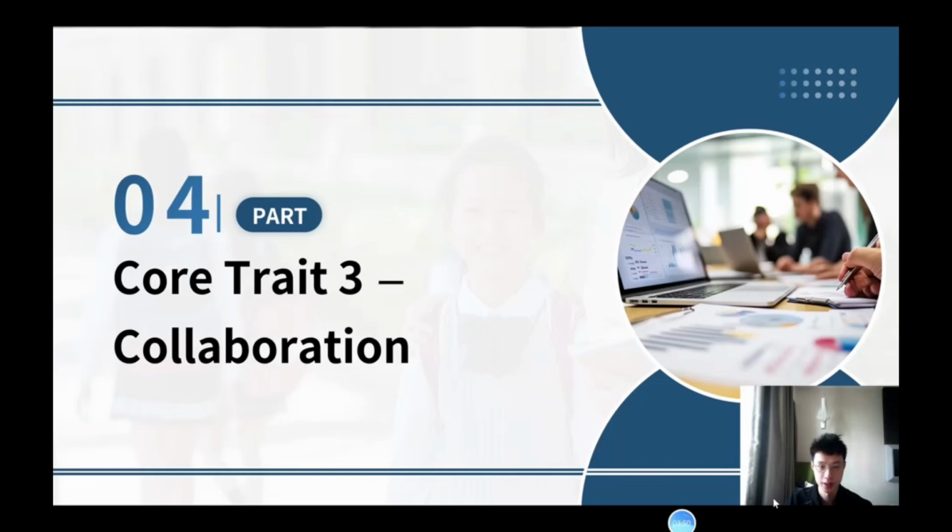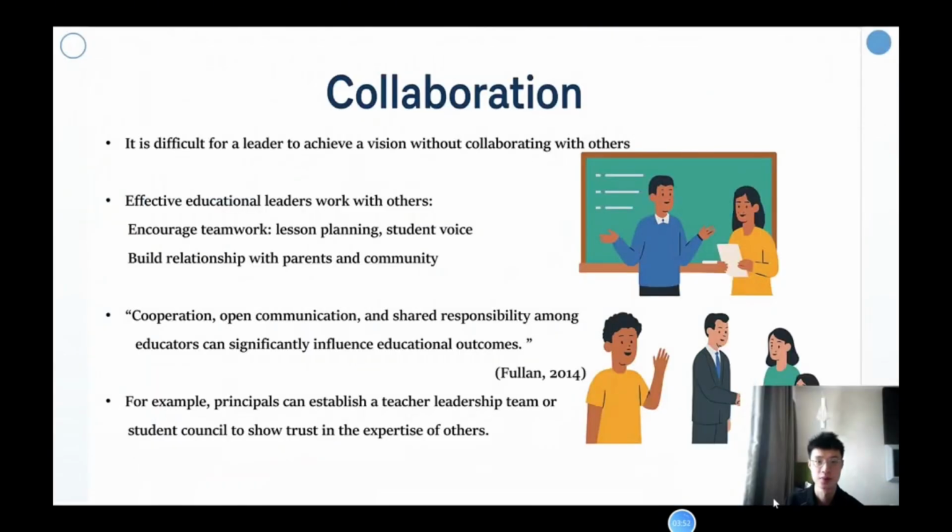Core trait 3 is collaboration. The third core trait is collaboration. It is difficult for a leader to achieve a vision without collaborating with others. Collaboration in this context means actively engaging staff, students, and the community as partners in the school's journey. Effective leaders foster a culture of teamwork. They encourage teachers to collaborate on lesson planning, promote student voice in school decisions, and build strong relationships with parents